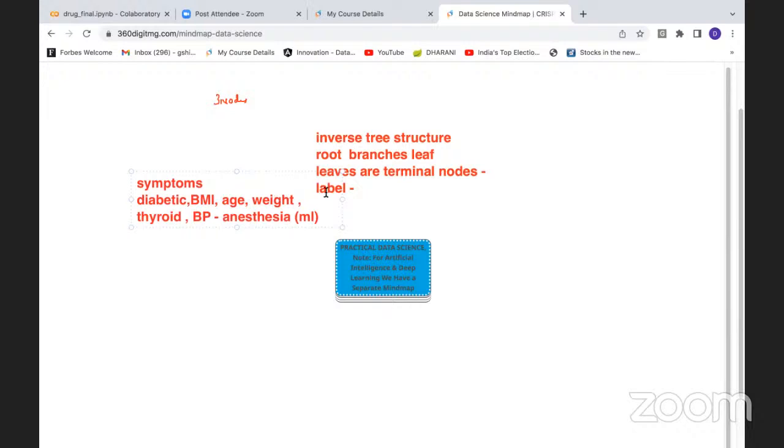So what are you predicting here? ml in the sense you are predicting a numeric value. When you are predicting any number, you can use a decision tree regressor. Given different symptoms like this, your prediction is happening with the drug,